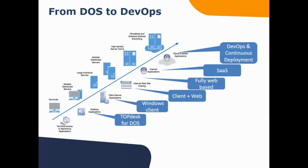Basically it gives us a lot of opportunities to interact even better with our customers. Continuous deployment and DevOps gives us the means to quickly react on things that are happening in the market or things that are happening at our customers. We used to have a release cycle of, for example, each version each half year. So when you've created something, you would have to wait until the next release moment before you could help your